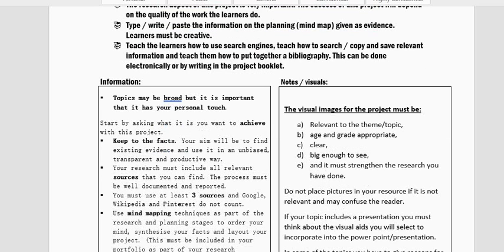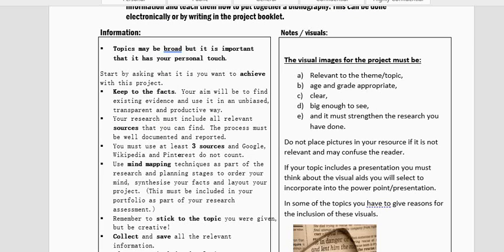When doing research, keep in mind that the topics given can be broad. You can narrow it down, but even if the whole class does the same genre and the same topic, the end product should be different. Each project should have the learner's personal touch in it. When you are facilitating the research, help your learners to stick to the facts, to really question regularly whether they are still answering the research question, whether the information they are working with is truly relevant or not.